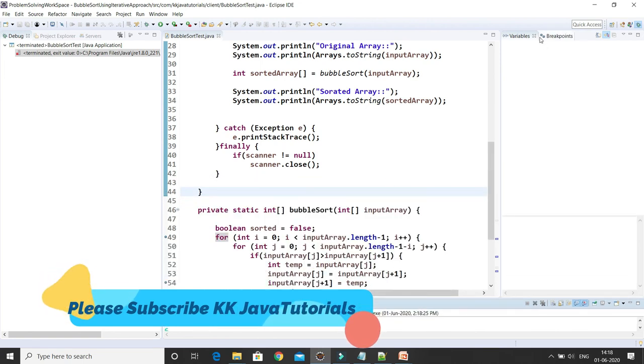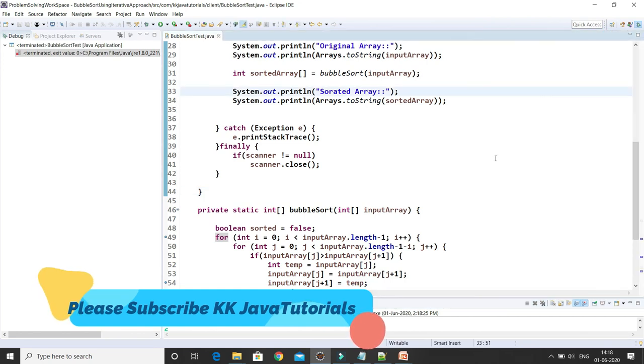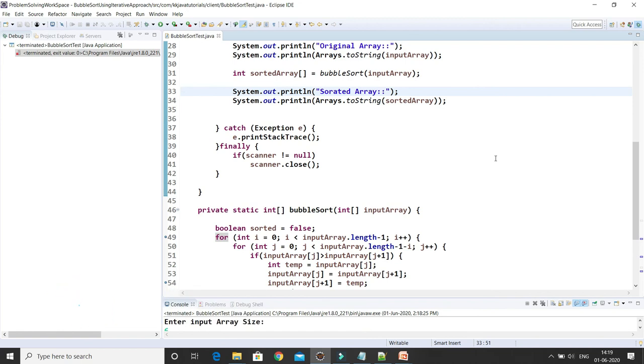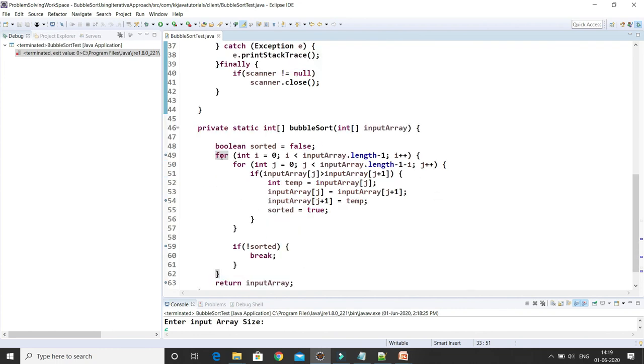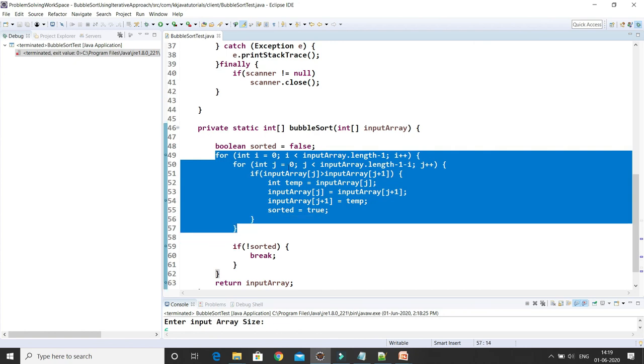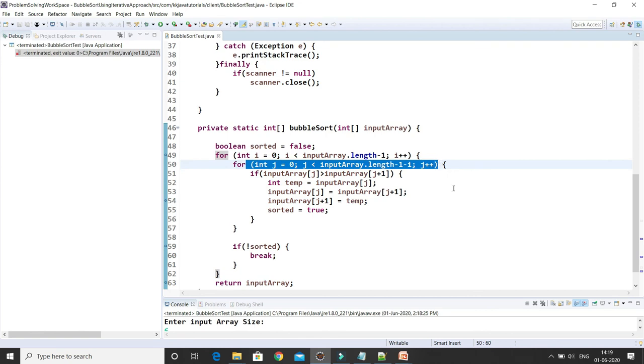Now let's talk about the complexity, I mean time and space complexity. If you look into the worst case complexity, in the worst case both loops are going to execute. The outer loop executes n number of times, and the inner loop always executes n-1, then n-2, something like that.